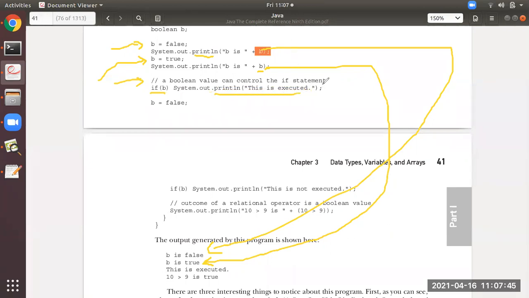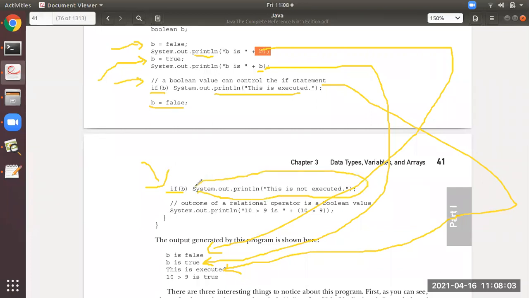So you are able to see this output here. Now you see the next line, b is equal to false now. So if false, this statement is false, so this will not be evaluated. You can see there is no print of this line.